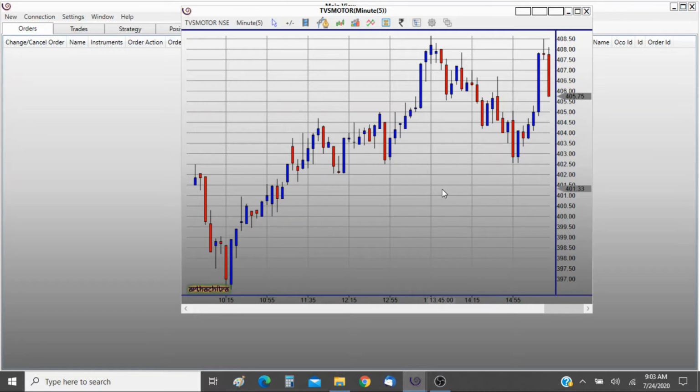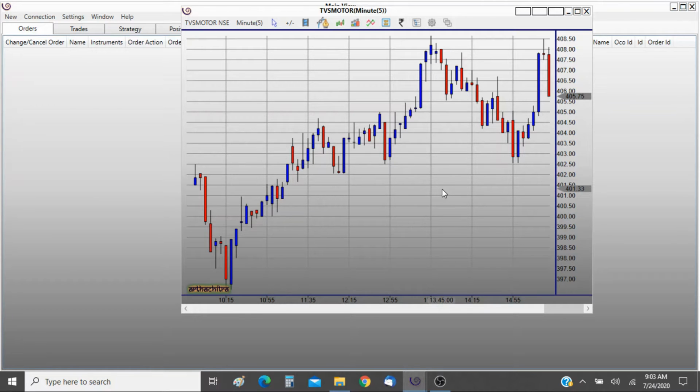It will be an opening range breakout strategy. So what we will do is we will calculate the high and the low till 10 a.m. And subsequently, if the price breaches that high or low, then it will enter a long or a short, as the case may be. Now what we also want to do is